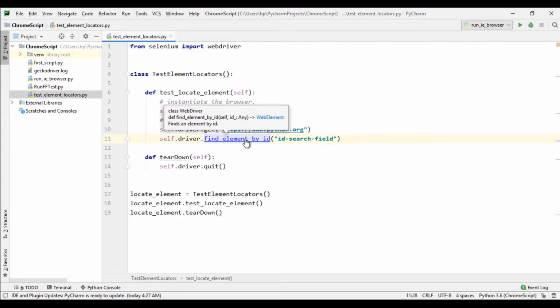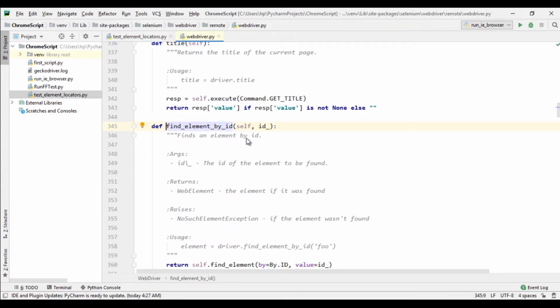It will bring up this hand; click on it and you will go to this class, WebDriver. This is a real class written by Selenium WebDriver, and this is the function which is implemented. It says find_element_by_id, and the parameter is ID, which it takes. And there are some comments